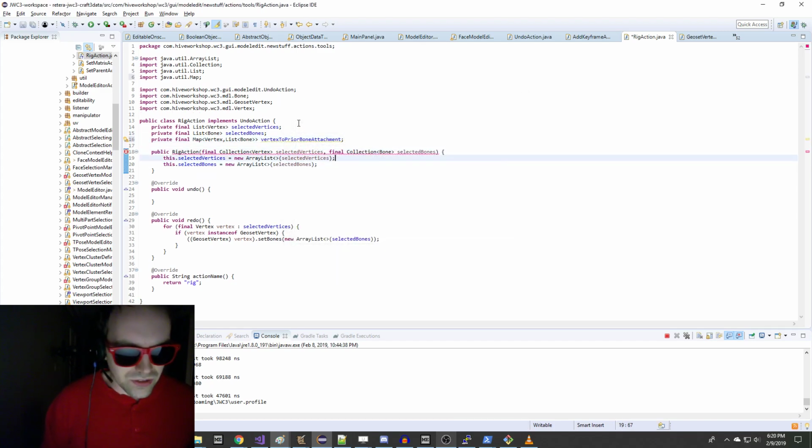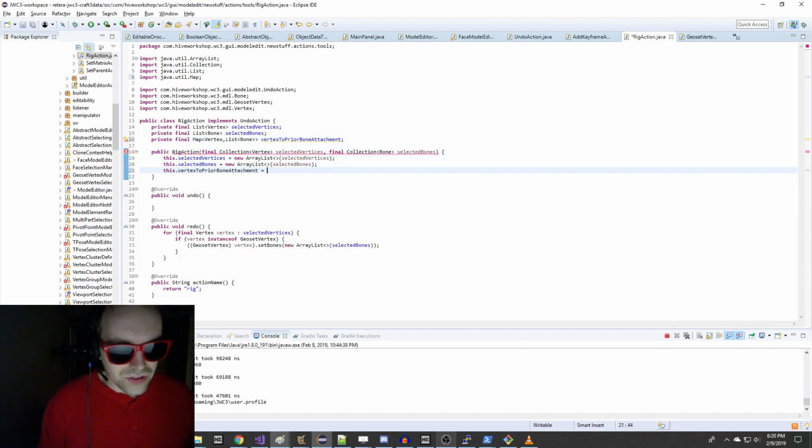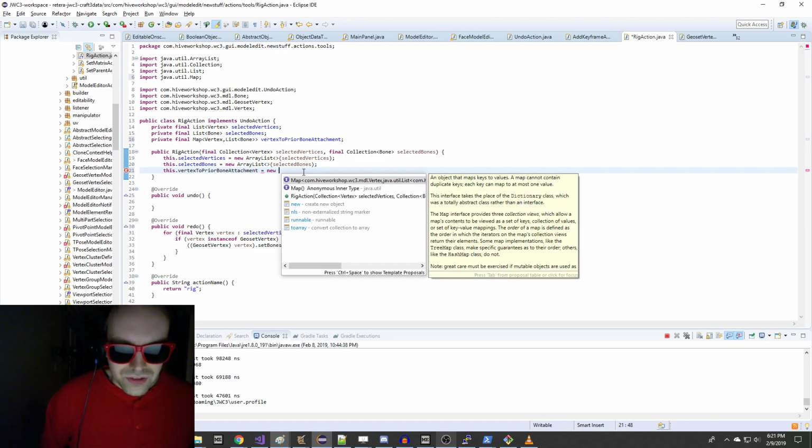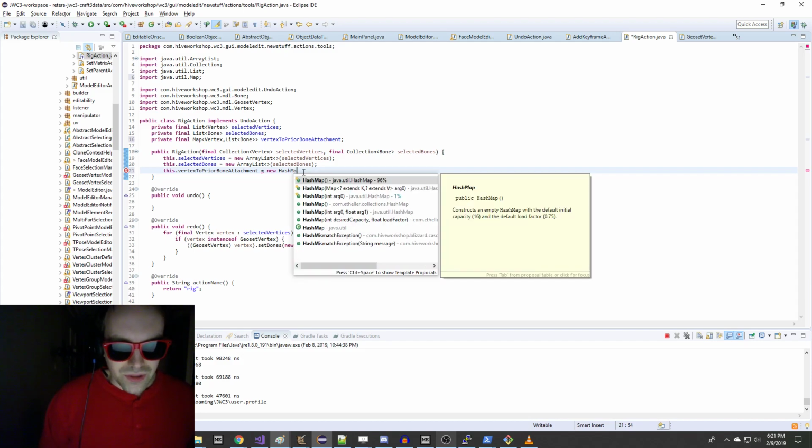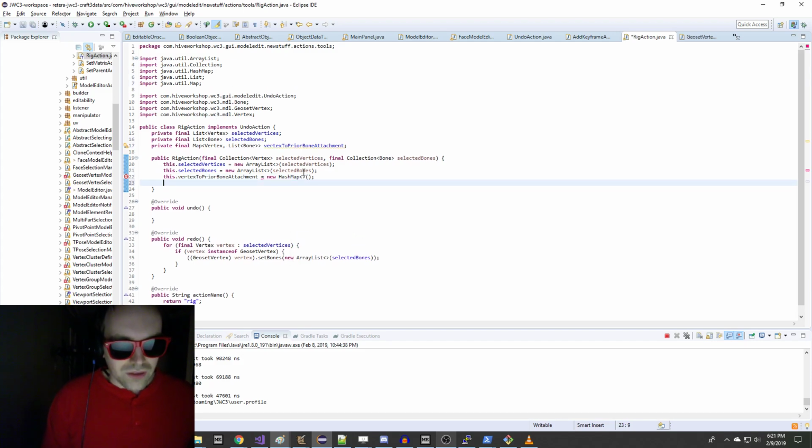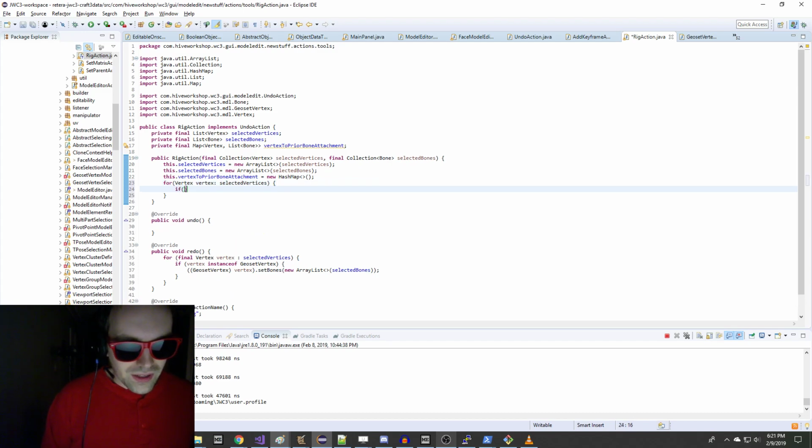To do that, essentially, we're just going to use the actual map class. This vertex is going to equal a new map. My auto suggest is going to lag for a second, but obviously we're going to use a hash map. So we have our vertex mapping to prior bone. Now what we're going to do is say for vertex in selected vertices, if vertex is instance of